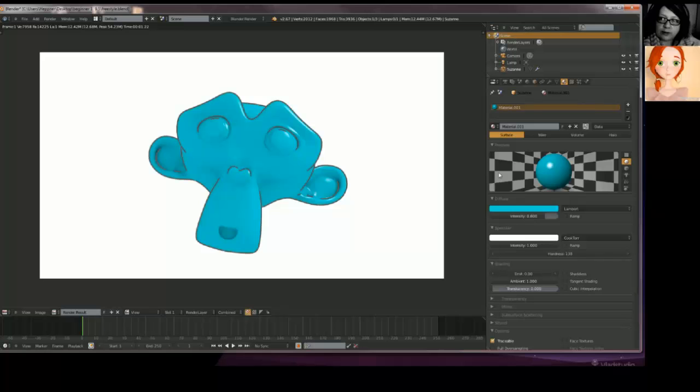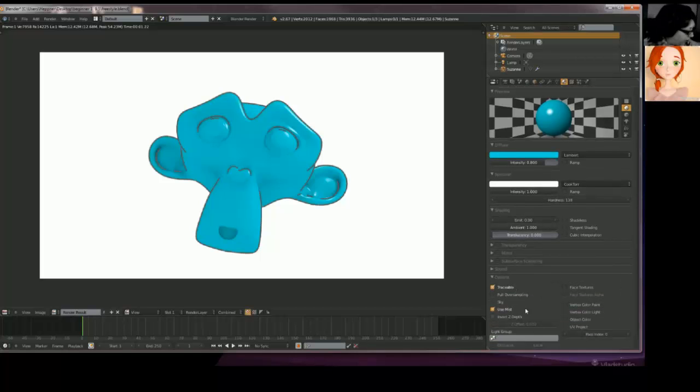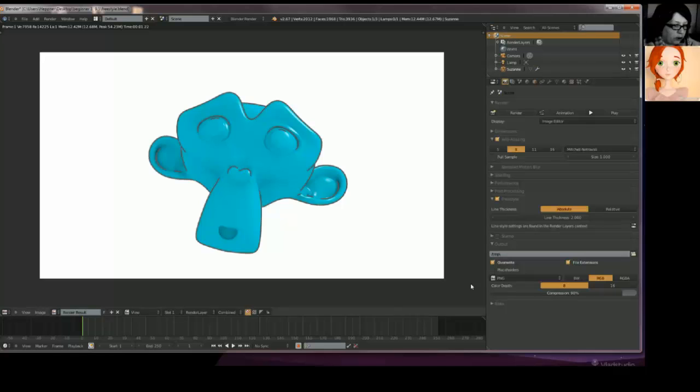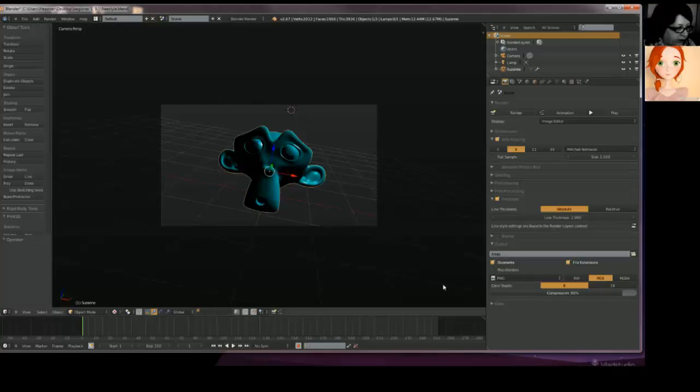Have you played with it? You can set your objects to Freestyle. Here, at the Blender Render options, are the Freestyle settings.